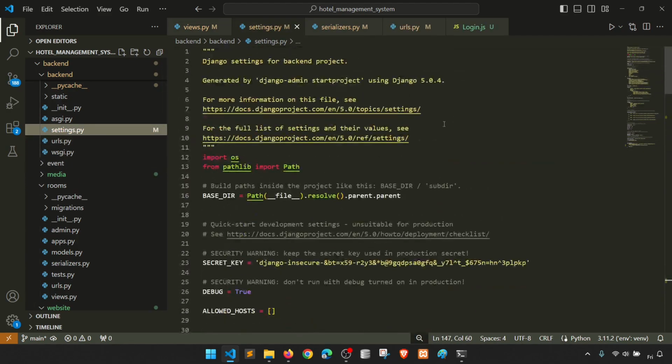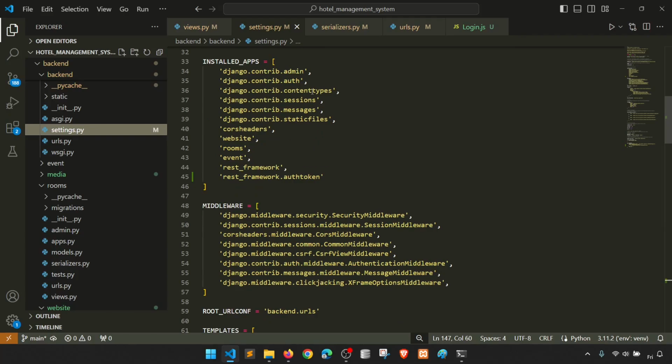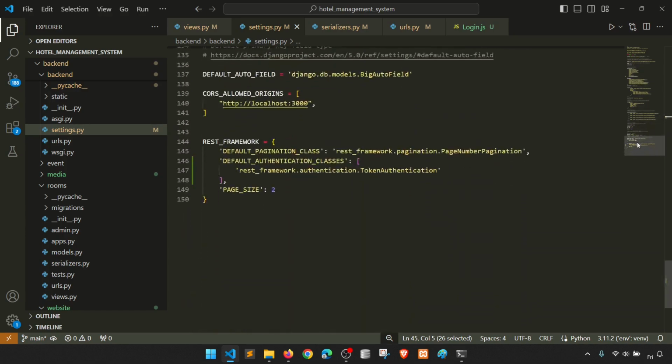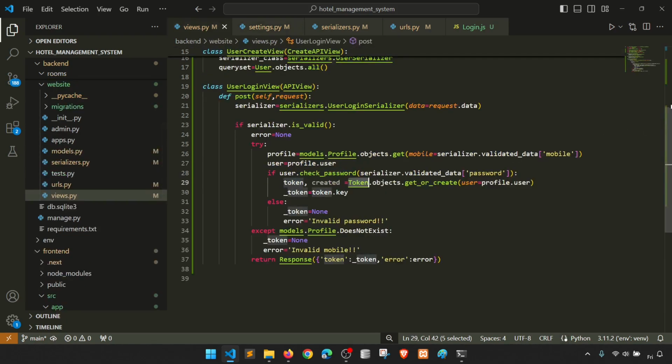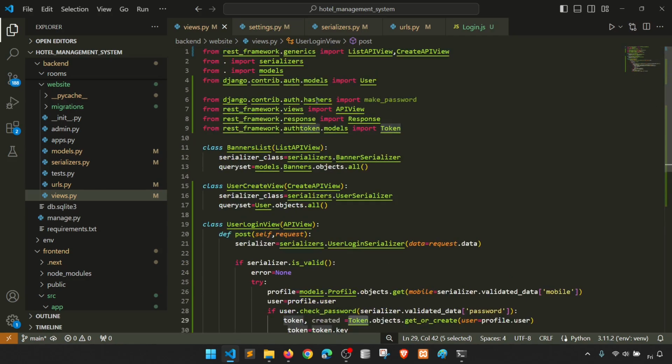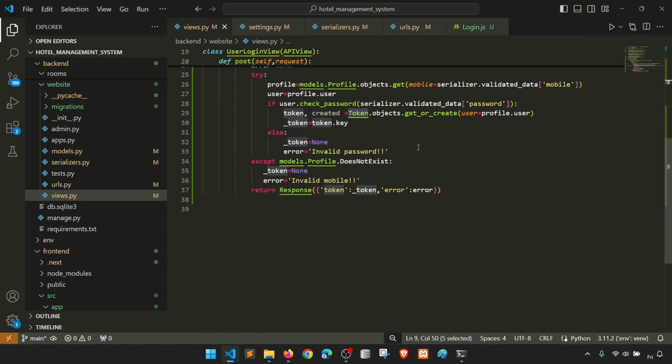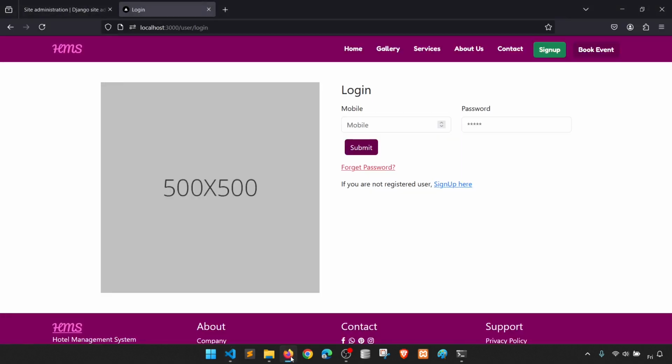Here, let me go to you. So here, where is that, rest framework dot auth dot token, right. And after that, we also need to add the default authentication class, which should be token authentication, right. Then after this, we can use the token model from the rest framework auth token models, importing the token, and then we can use the token, right. So let's try to use this, let's see what it is returning,